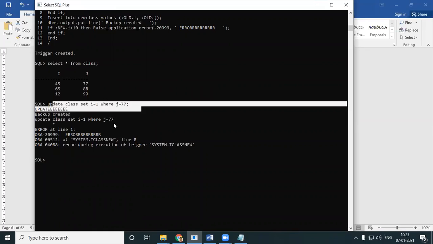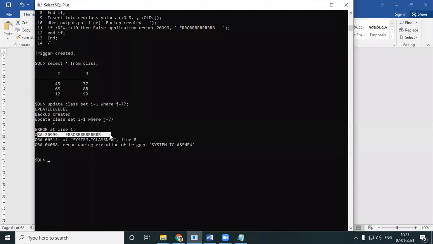Line 1 is this line. Minus 20,999, that's the number which I gave. And then the message which I gave. So this is how you give user-defined errors.